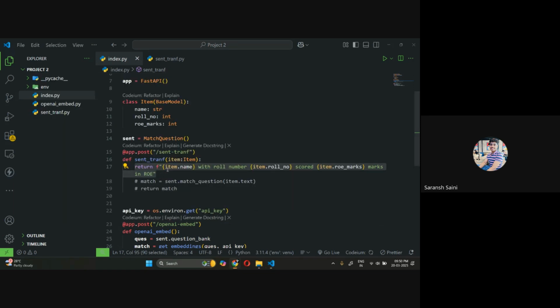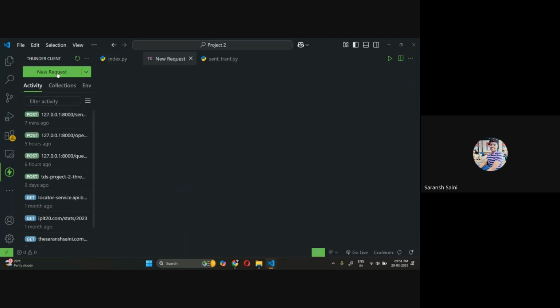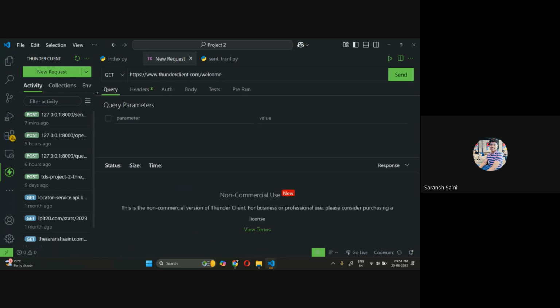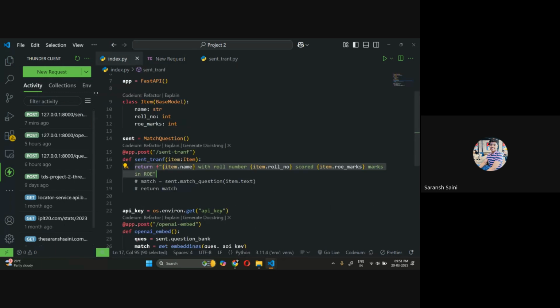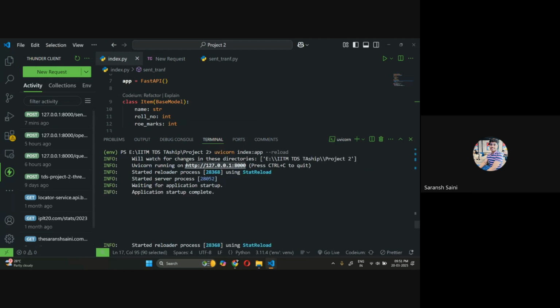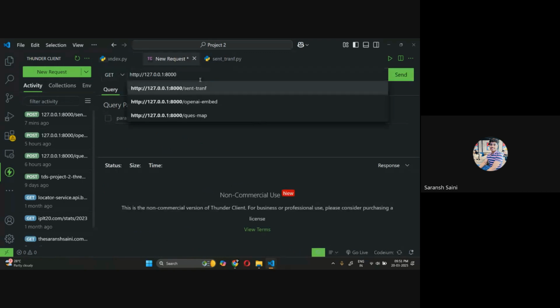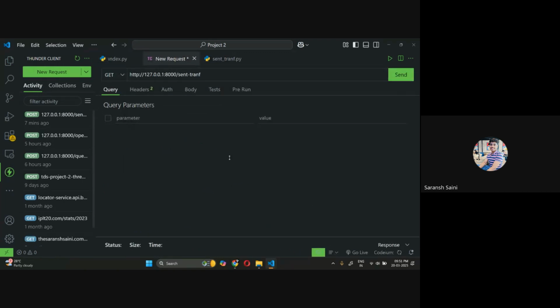Let's head back to, okay, not head back to, we have to create a Thunder Client instance. There it is. Where is Thunder? Okay, here it is. Thunder Client. Let's head back to it. For some reason, my Postman is not working. So I love Postman anyway, but today, because it's not working due to some reasons, I'm using Thunder Client. Okay. So here is a new request, and now I'm going to send a request to this send trans